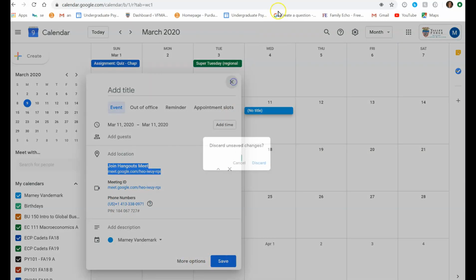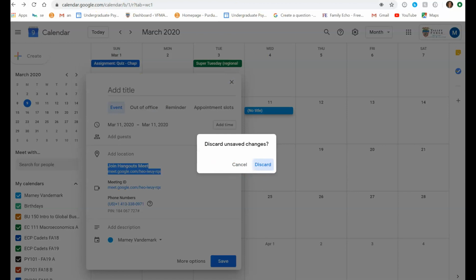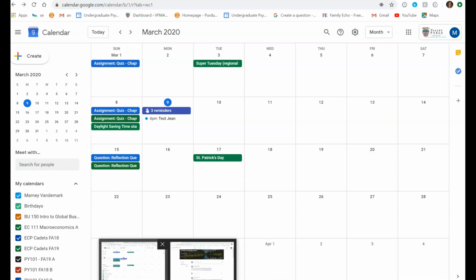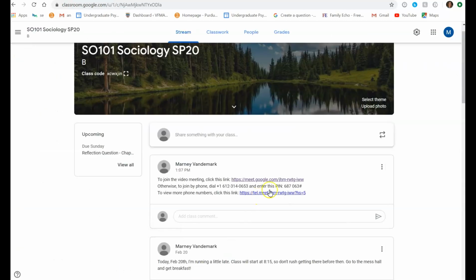Okay. Just to back up here though, the way that I think it's probably going to be most effective is if you share the link ahead of time, so they know where to click, and that can be wherever you want. It can be in Moodle, in Google Classroom, or whatever. But the best way to really use this is for if you're going to present, or if you're going to